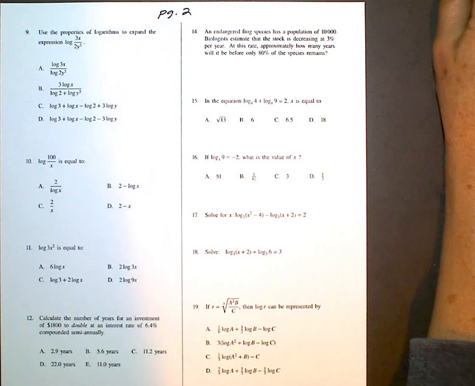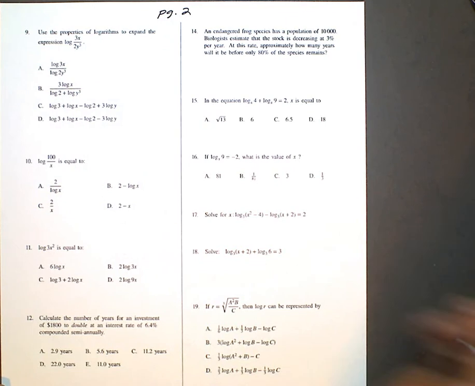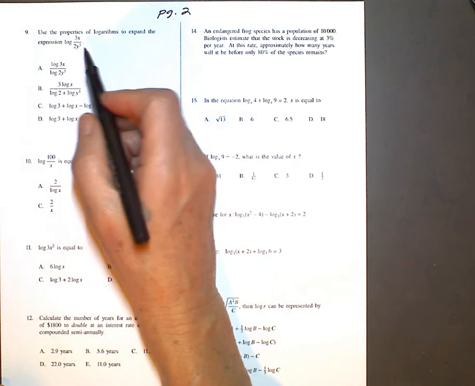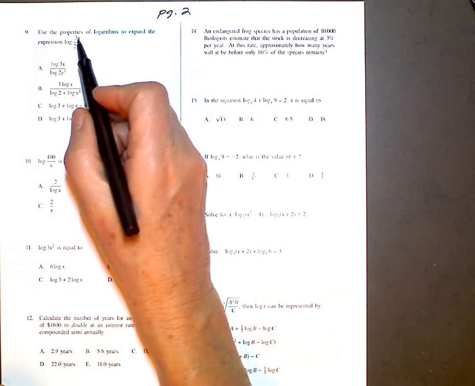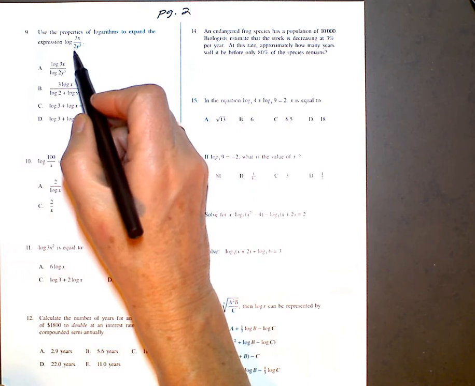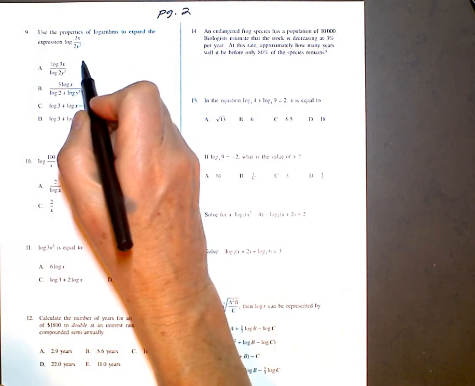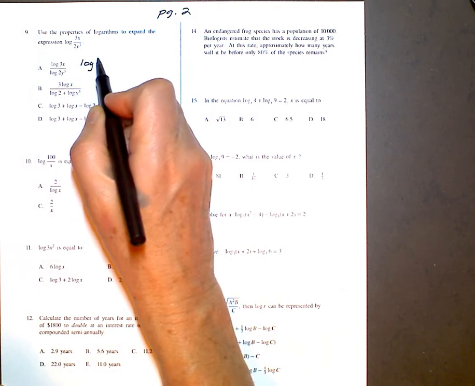This is page 2 of review worksheet number 10, and we'll review the worksheet for chapter 10. So starting with number 9, we're supposed to expand this logarithmic expression. The 3 is being multiplied by the x, and those are both being divided by the 2 and the y to the third. So when I expand this out, it's going to be the common log of 3 plus